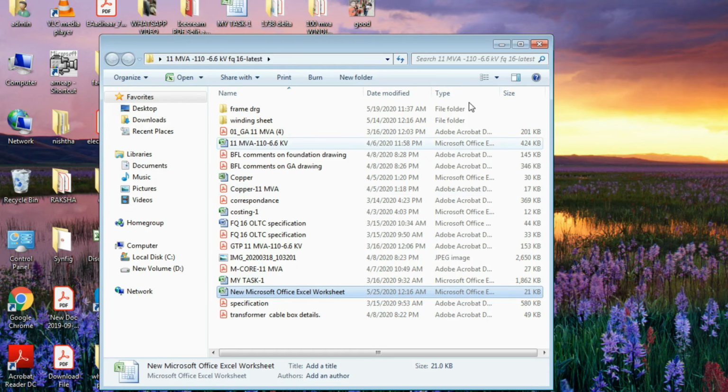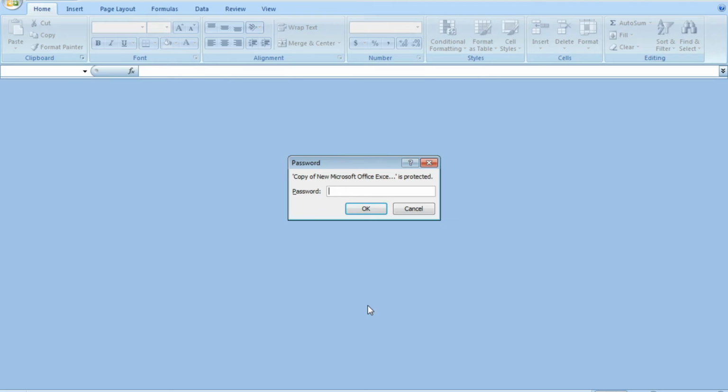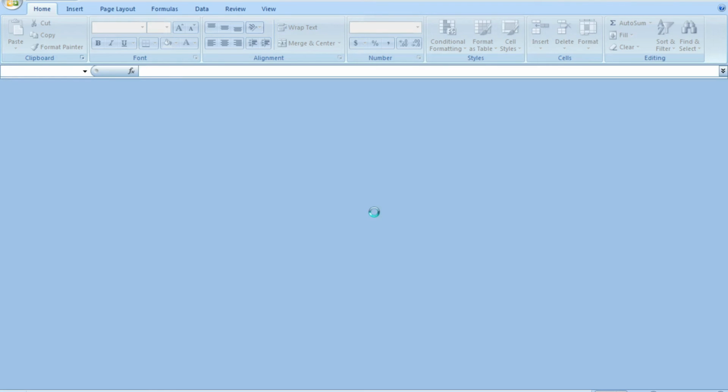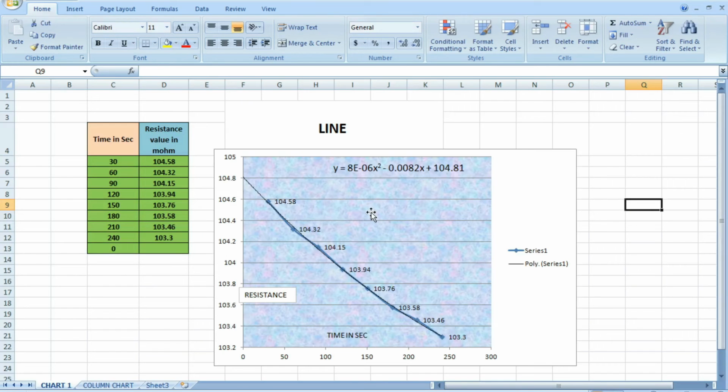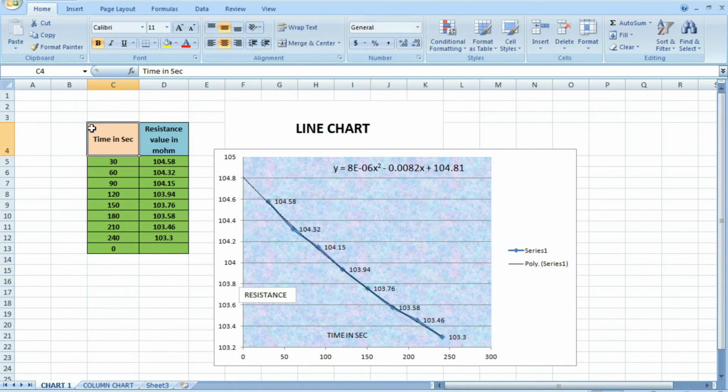Okay, now I'm closing this. Now I'll go to my file. This is OM to open. Here if I type line chart, okay, so now it is allowing me to change the data, right?